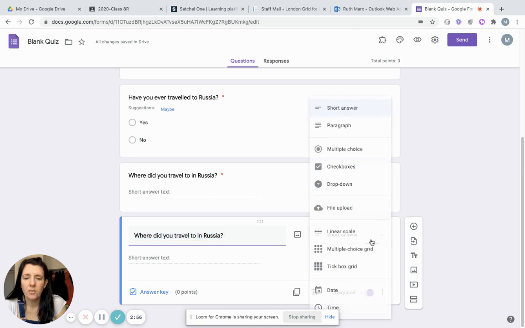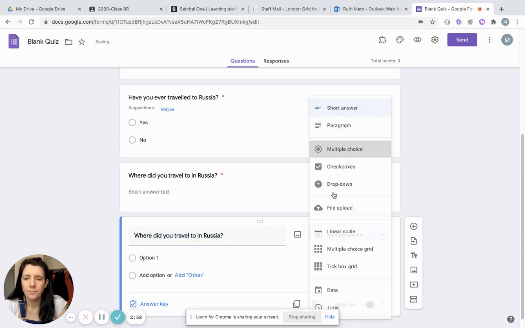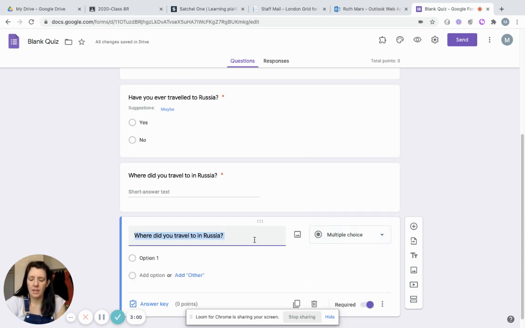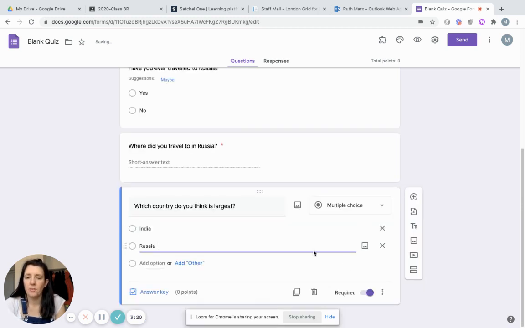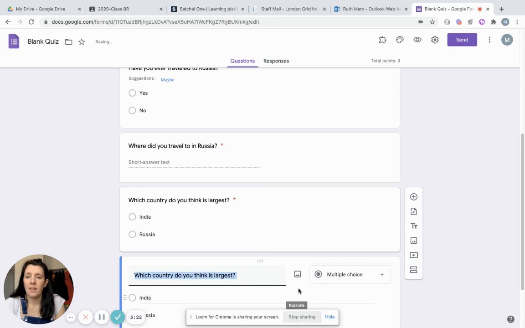Let's go for a multiple choice one again. And here I'm going to say, which country do you think is largest? We're going to see if they know, India or Russia. I want that to be required. I want them to definitely take a guess. And then I'm going to say, which country do you think